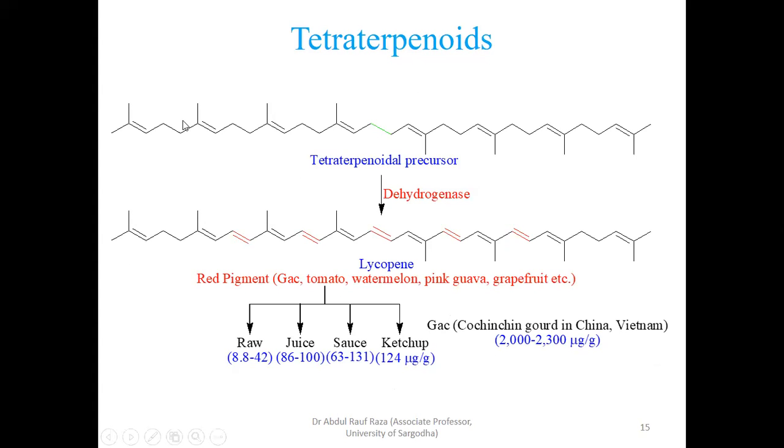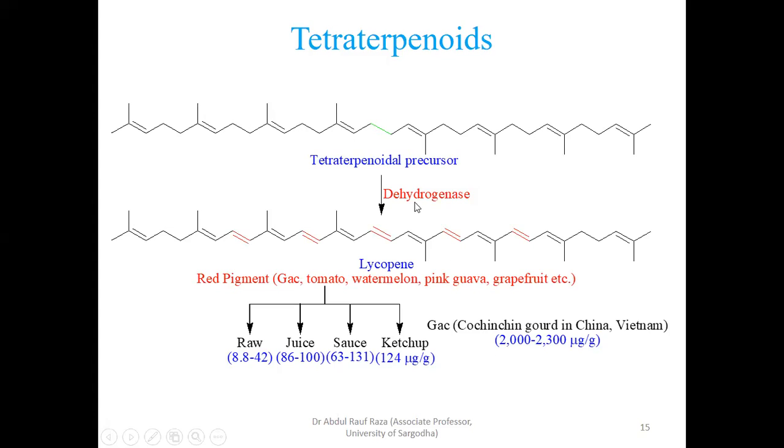Just as you have seen in the synthesis of this, it is the same as I have represented here. Now what happened, you see, between these two double bonds there is a CH2. This is an unsaturated, not a saturated system. Very similar here: two on this side and two on the other side. Similarly here, and there is another double bond, another bond. So three on this side and three on the other side. From this green new bond, three on this side and three on this side.